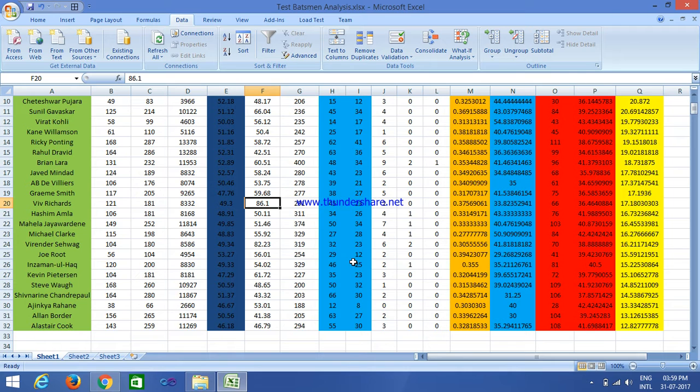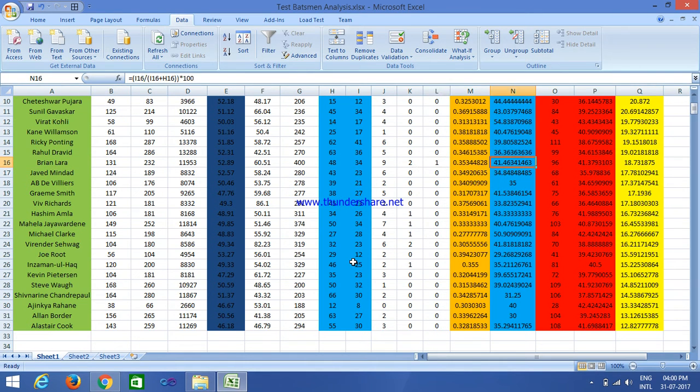Viv Richards, one note for Viv Richards, strike rate of 86.1. That's really high for Test match cricket. He was a really explosive batsman. I guess he would like to play T20 cricket. Then we have Graeme Smith from South Africa, A.B. de Villiers from South Africa, Javed Miandad from Pakistan, Brian Lara, the 16th batsman in our list, really a great